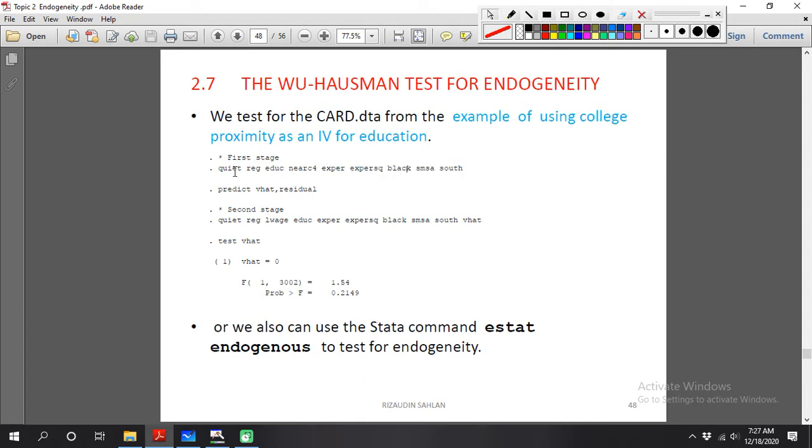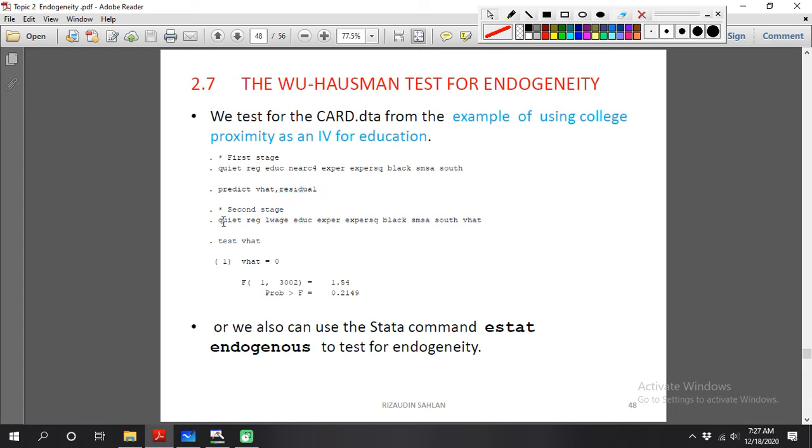After we regress this, we carry out the residual. Use predict, type the name of the variable, it's up to you, comma, type residual. Not xb, because when you type xb it refers to the fitted value. In this case we want the residual.